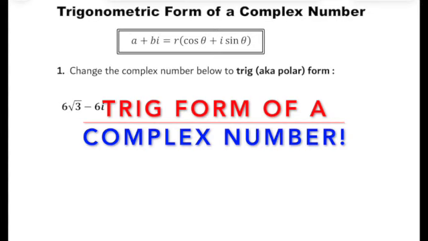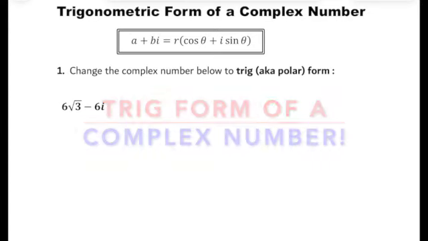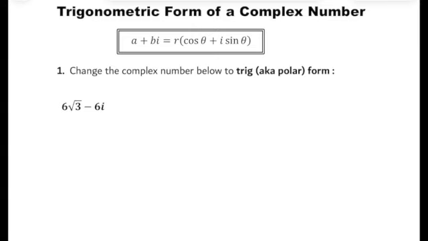We are taking a look at a kind of strange topic in pre-calc the first time you see it, which is called changing a complex number into trig form, or trigonometric form, also sometimes called polar form. When you learn about polar graphs, you would understand the connection that both have to do with finding r and finding theta. So maybe a little review here: a plus bi, that's what we call the standard form